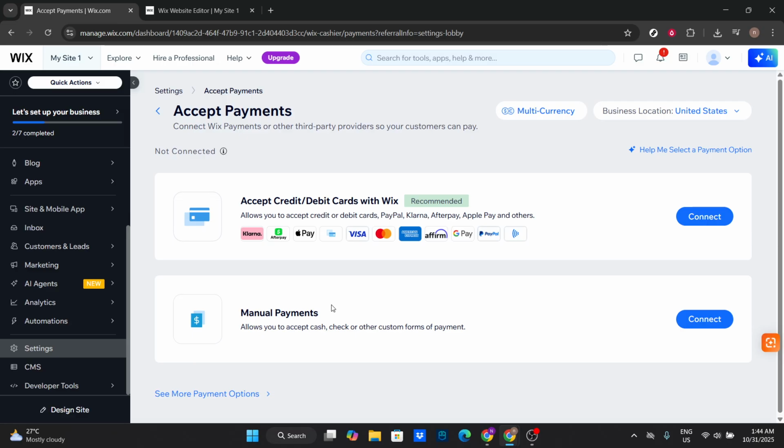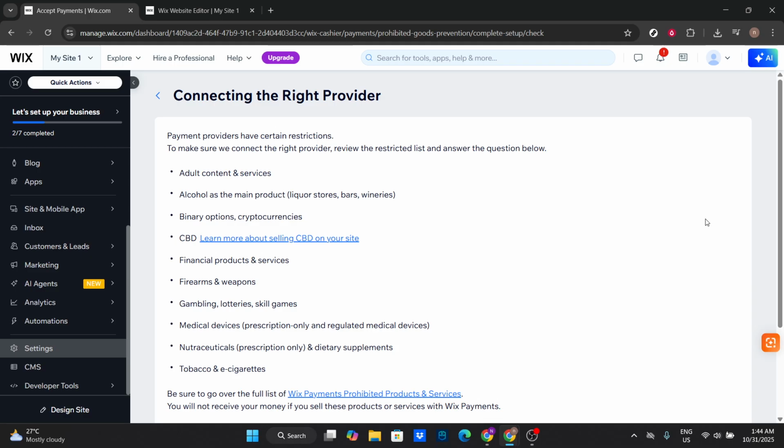This will kickstart the process of linking your website with payment processors, such as PayPal, Stripe, and Wix Payments. It's an essential step that prepares your site to receive payments seamlessly and securely. As you move forward,